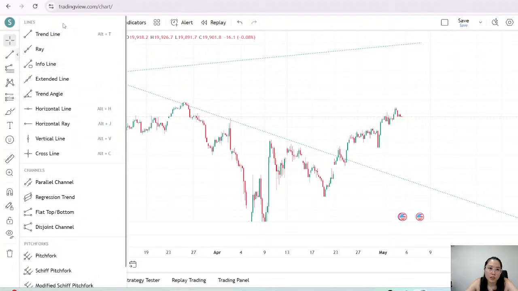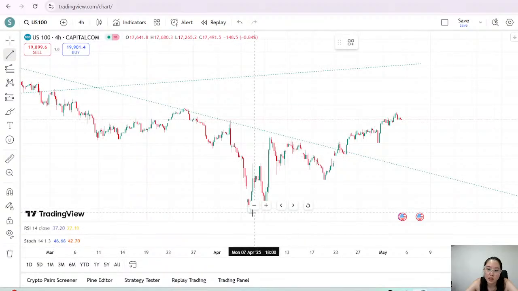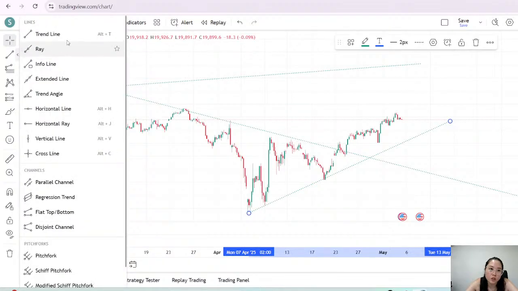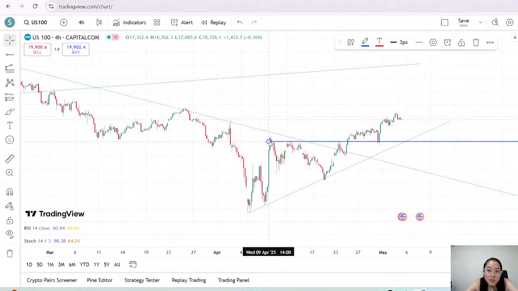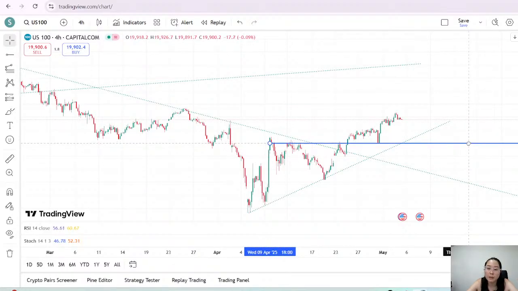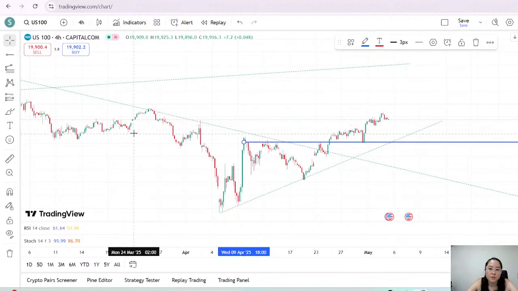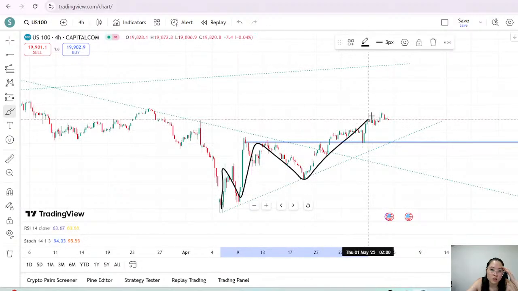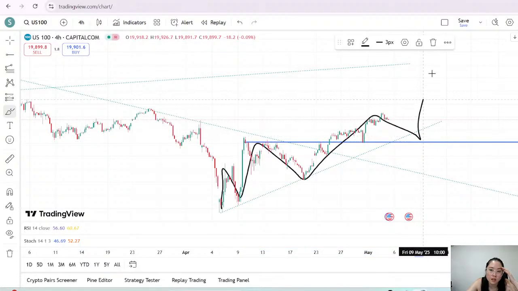Okay, if I really had to come up with an analysis, we are totally ignoring fundamental analysis, just purely technical analysis. If I really have to come up with something for US 100, personally, it looks like a buy. This is purely based on technical analysis. This looks like a very good level, because let's say it wants to respect this trend line. It will want to come back and test and then maybe go back up again.